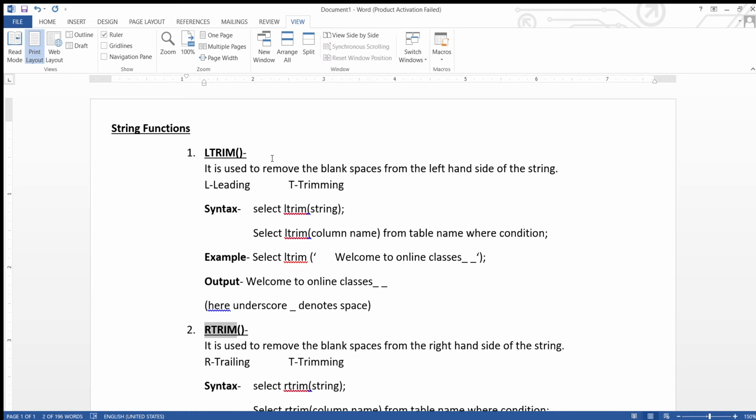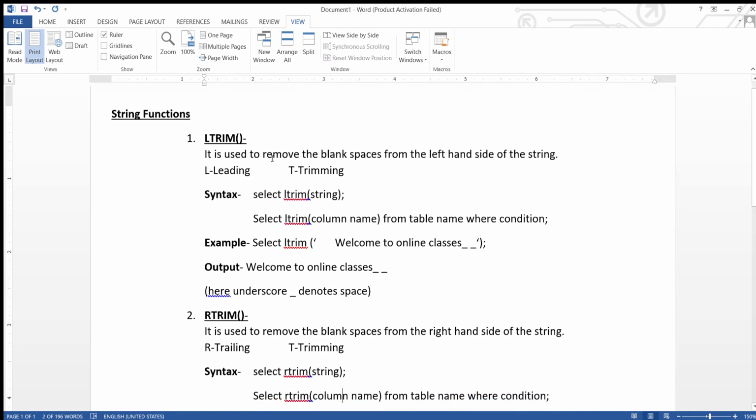If by mistake the user has given a space, to remove that space we will use rtrim. See the definition? It is used to remove the blank spaces from the right hand side of the string. Here R denotes trailing and T means trimming. Syntax is select rtrim, in the bracket you have to give the string.